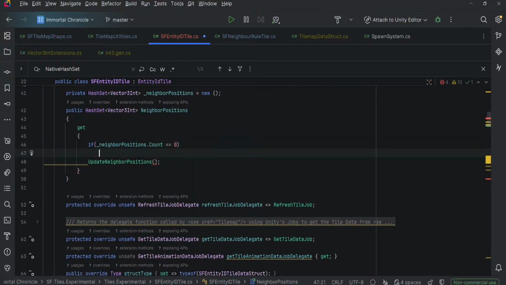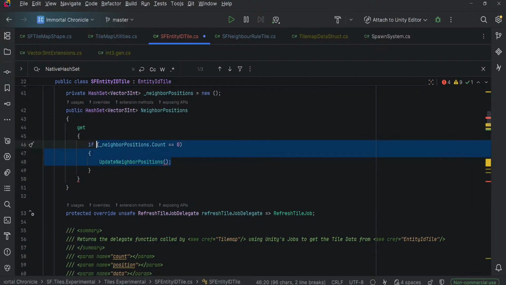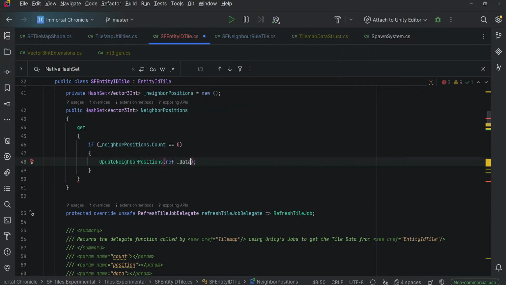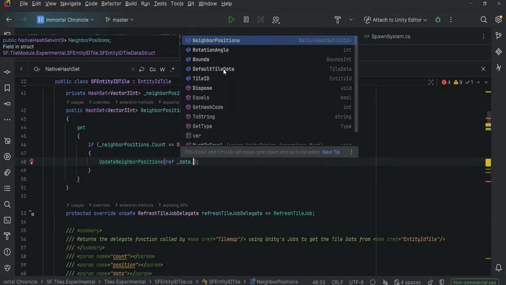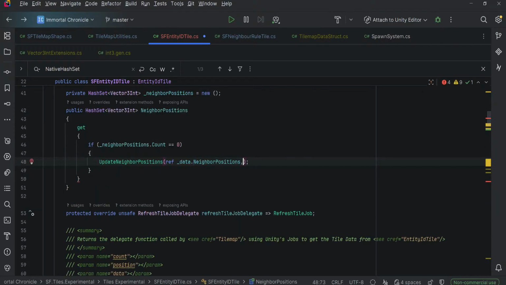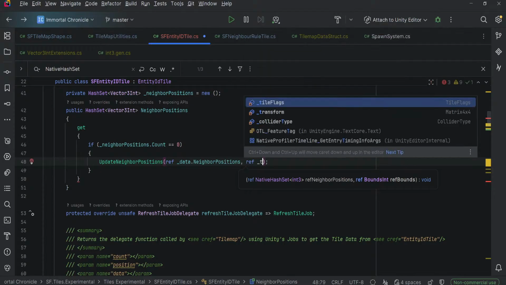So by default, we only let Unity automatically do this the first time, when the neighbor position count is 0. And we do ref, and then we take the data, and this is where we pass in the native hash set and get it converted into a normal hash set. And we reference the tile